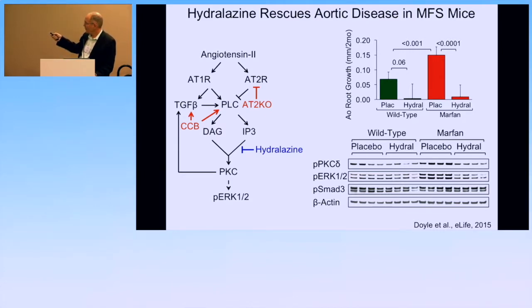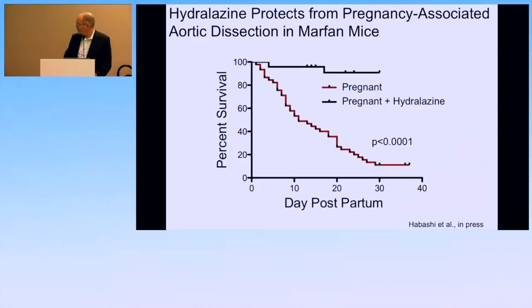We went on to treat Marfan mice with hydralazine and observed a dramatic reduction in aortic root growth rate in association with the predicted signaling consequences of decreased PKC and ERK activation. Now, this was important because hydralazine, unlike angiotensin receptor blockers, can safely be used during pregnancy. We returned to our pregnancy mouse model and observed that treatment with hydralazine was dramatically protective against